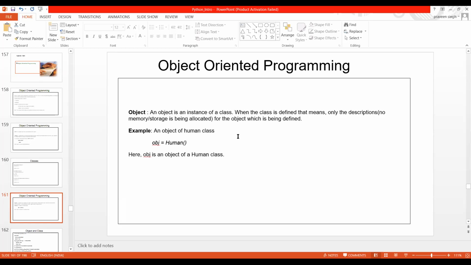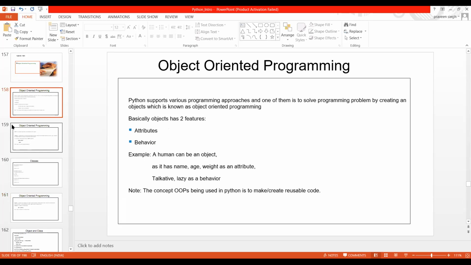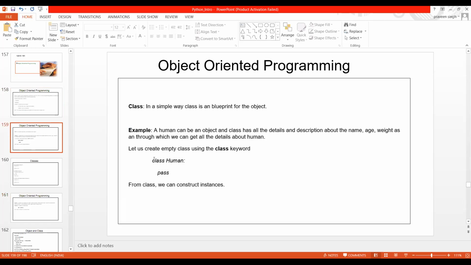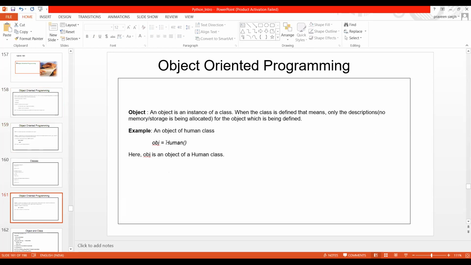An object of the human class, here I'm just trying to give you an example. The human class I created in the beginning, somewhere here, yeah, here I have created this class human. Now in the case of object, I am creating an instance of a class. The human class is already there.